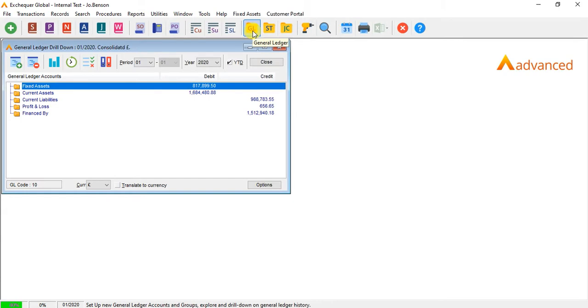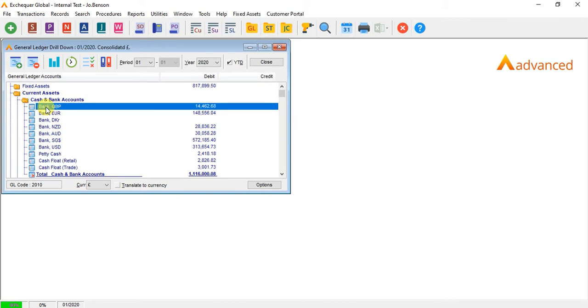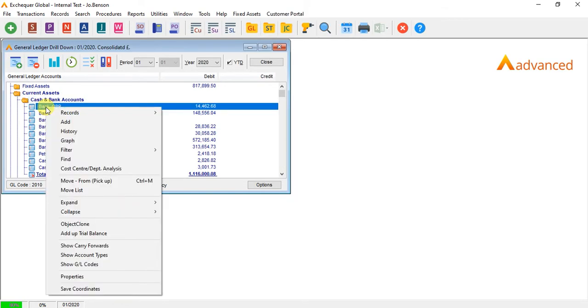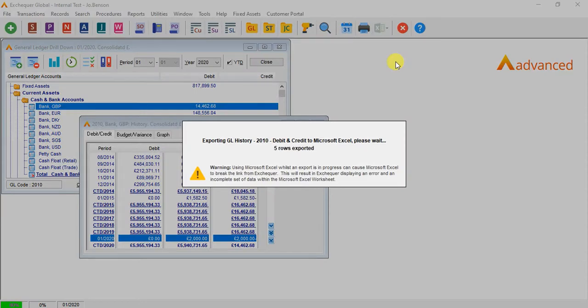You can view your bank balances on screen by navigating into the general ledger. Looking at them on screen might be all the information you need for the bank balance, but it's worth noting that you can right click and go into history just to show a breakdown of these balances over the historic periods and years. Whilst this breakdown's on screen, you can use this Excel icon on the top toolbar here to export. So if I select this and just do export entire list to Excel,